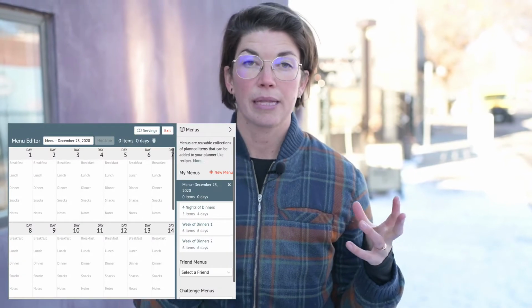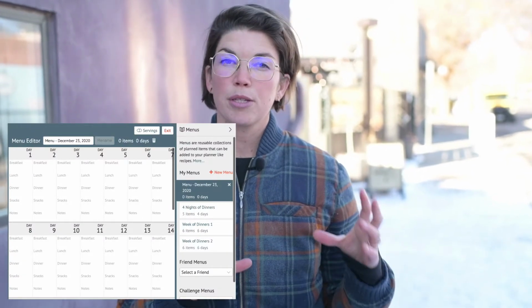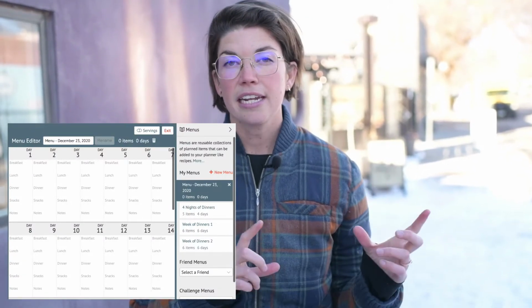When you go into the menus editing feature, you'll notice that your planner gets a little bit darker shade of blue, which is going to indicate that you're either editing or previewing a new menu. In order to create a new menu, all you have to do is go into a new menu and then you'll simply drag and drop your recipes just like you would if you're creating a meal